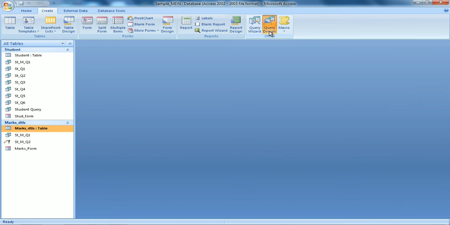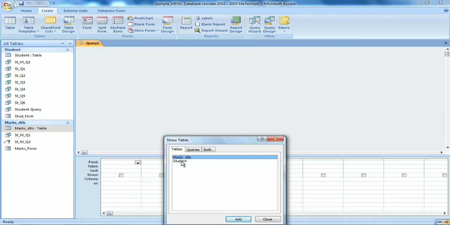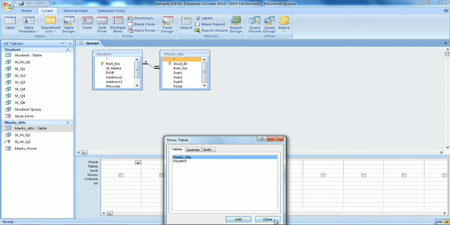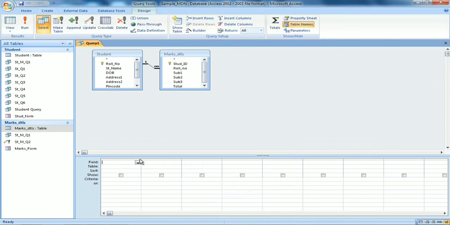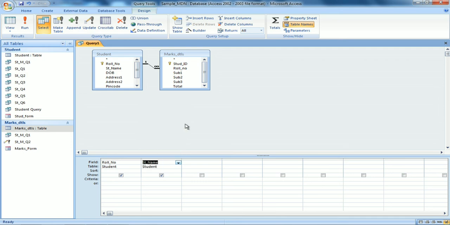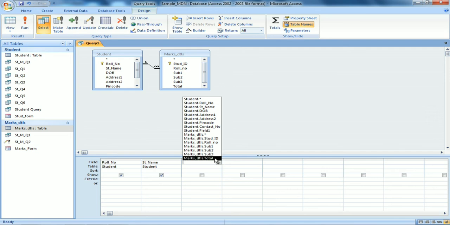Query design, student table, add, marks details, add, close. Now I take from student only student roll number, student name, and from marks details I take total only, because I already updated it.